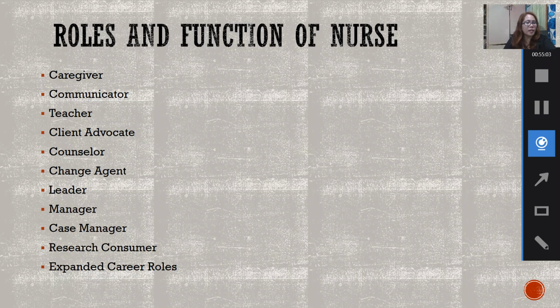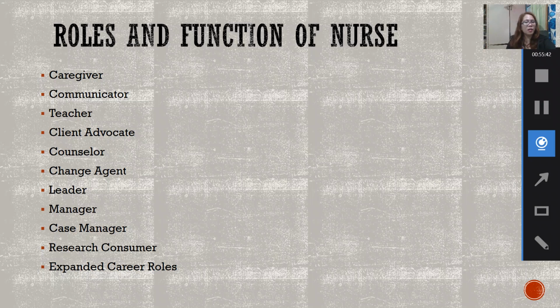Okay? As a leader. So, another role of a nurse or function of a nurse is as a leader. So, magiging leader din kayo. So, ngayon pa lang, practicein nyo na yung pagiging mabuting group leader, kasi later on, lahat tayo magiging leader din. Okay. By how? By influencing others to work together to accomplish a specific goal. So, ikaw yung leader ni patient. Susunod siya sa'yo kung ano yung goal ninyo towards recovery. So, yung goal ninyo is ma-modify yung kanyang lifestyle para mapabilis ang kanyang recovery. So, ikaw yung leader ni patient.